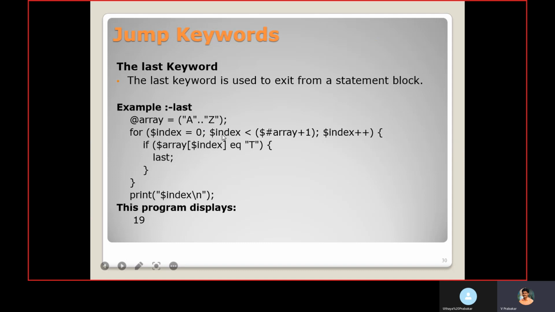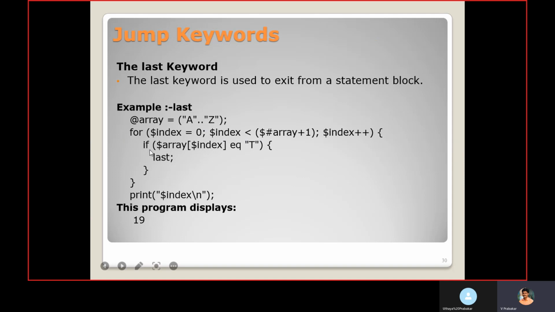We are checking if the index is less than this $#array, which gives the last index value of the array. The last index starts from 0 and it is 25, so plus 1 is 26. When the index becomes 26, it will come out of this for loop. Then we are incrementing the index by 1.